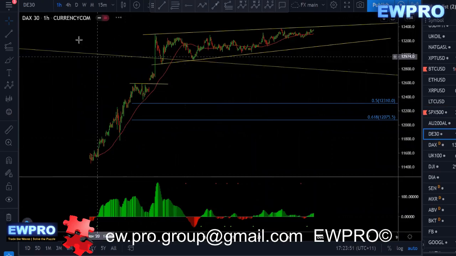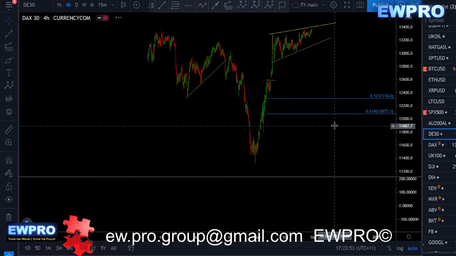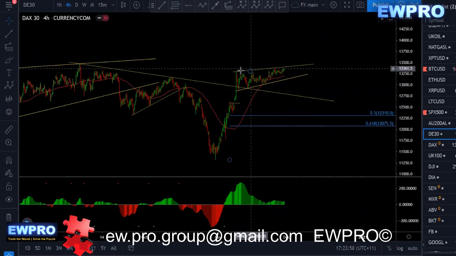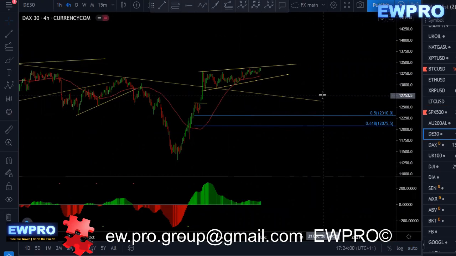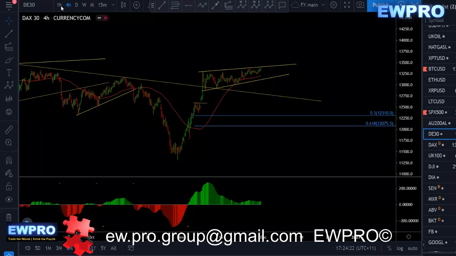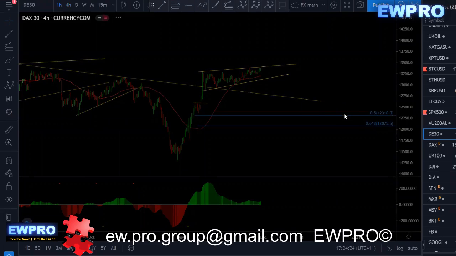DAX. H4 looks like we're still in this rising wedge here. Definitely want the C down, the A, B, C down before you really want to buy. This should be good because you get a nice impulse up. Wait for that C down and then definitely look for that larger C up. At this stage on the H1,